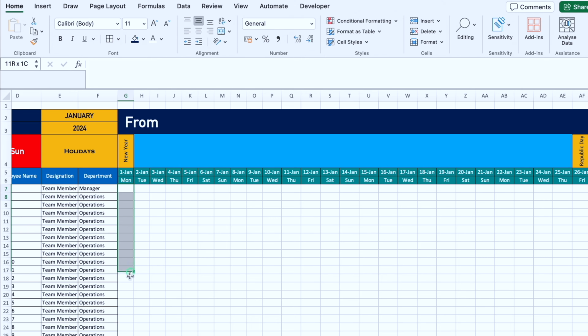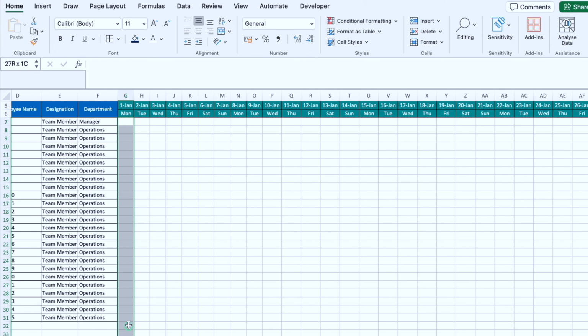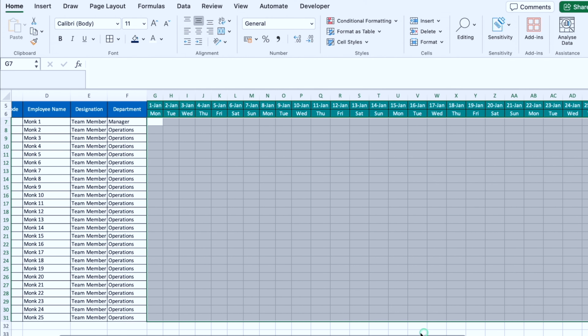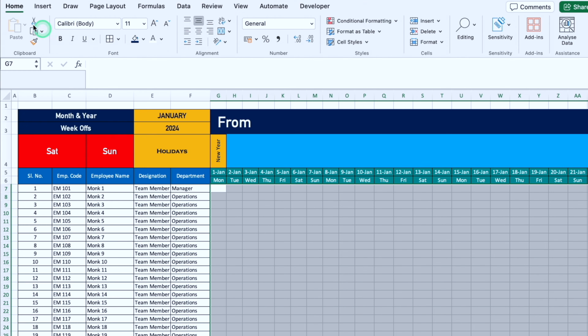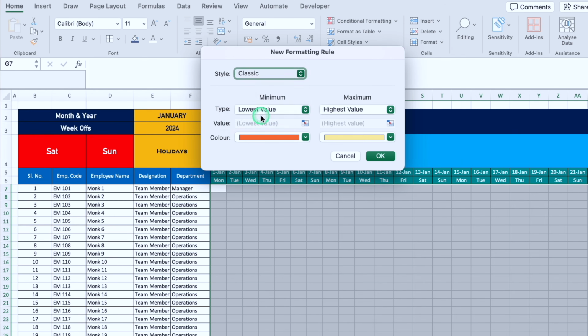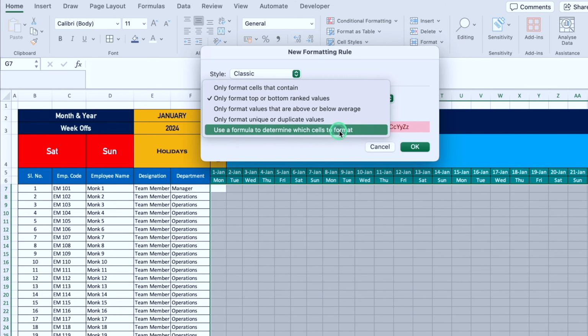Now I'll click over here and we'll select till last employee. We'll select the last date of the month. We'll come to left. We'll go on top. We'll go to Home, Conditional Formatting, New Rule. From here I'll go to Classic, and from the drop down I'll select Use a formula to determine which cells